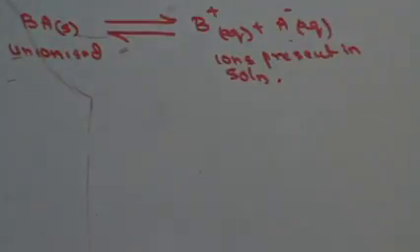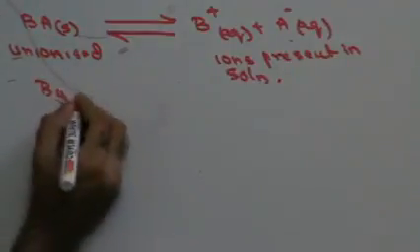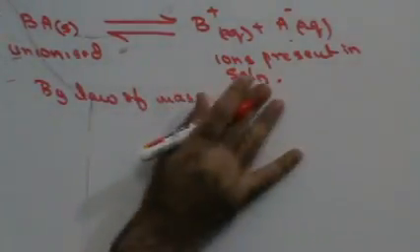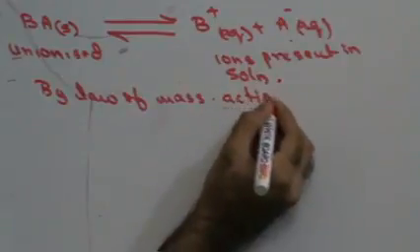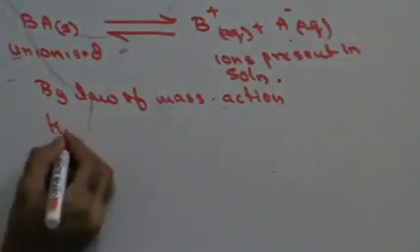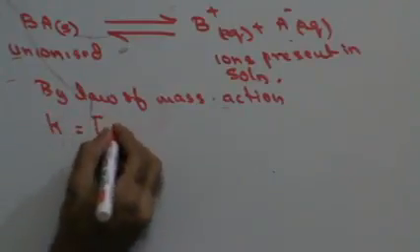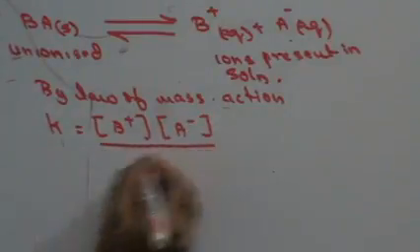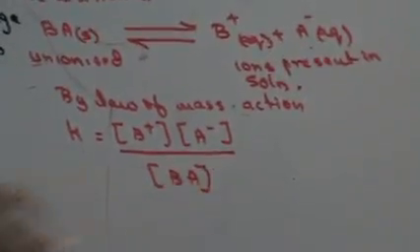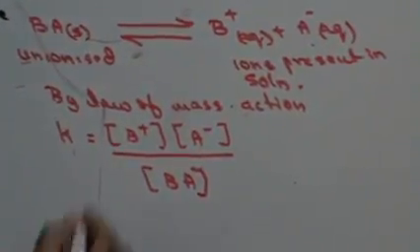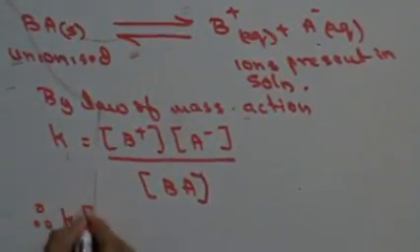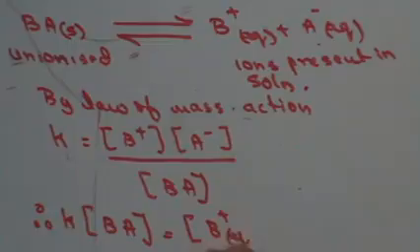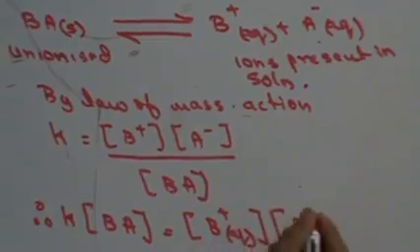Now, if I apply the law of mass action to this, I can say that the equilibrium constant is going to be the active mass of B plus into the active mass of A minus upon the active mass of BA. So K into the active mass of BA is nothing but the active mass of B plus, which is in aqueous state, into the active mass of A minus, which is in